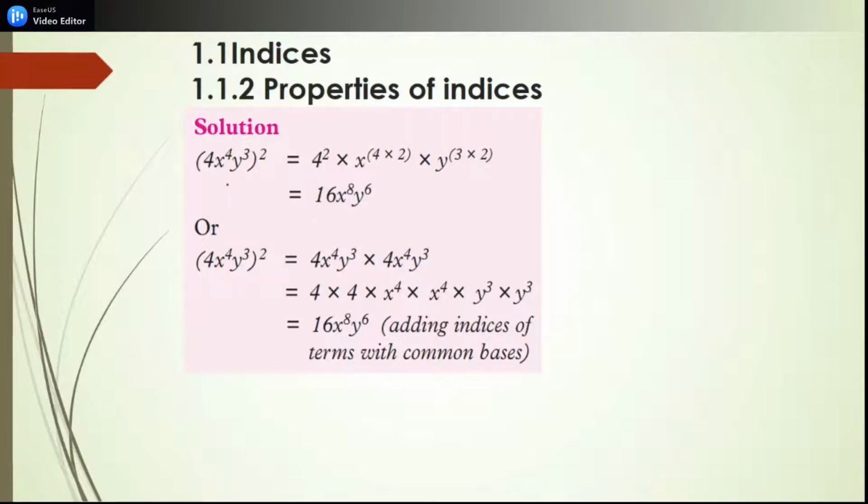Squaring this number can give 1, but for the square root, it is simplification as we have seen in the previous lesson. Then when we square, we have to multiply this one, then we put power 3 on it. We get 4 power 2, x power 8 and y power 6, because we multiply. Or we can write as here you see. Finally, you can write as here you have.